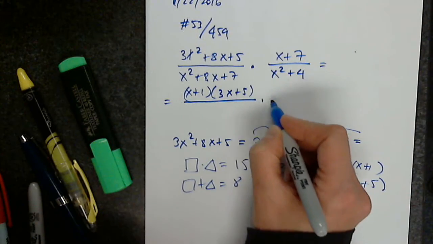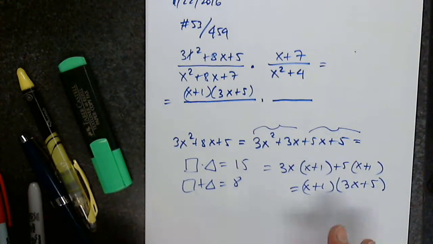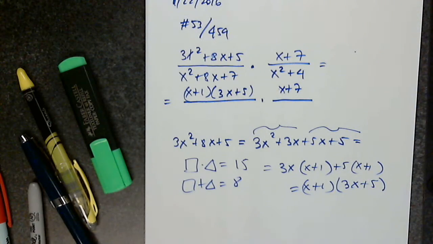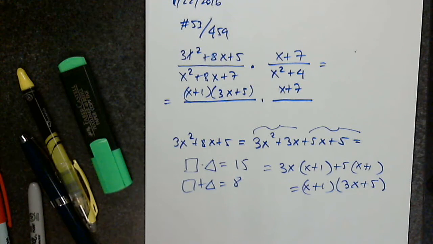Now, the other ones don't need this much work. X plus 7, first of all, is already factored. What about x squared plus 4? Can anyone say anything about x squared plus 4? It's just x plus 2 squared. That's a trinomial. It's the sum of